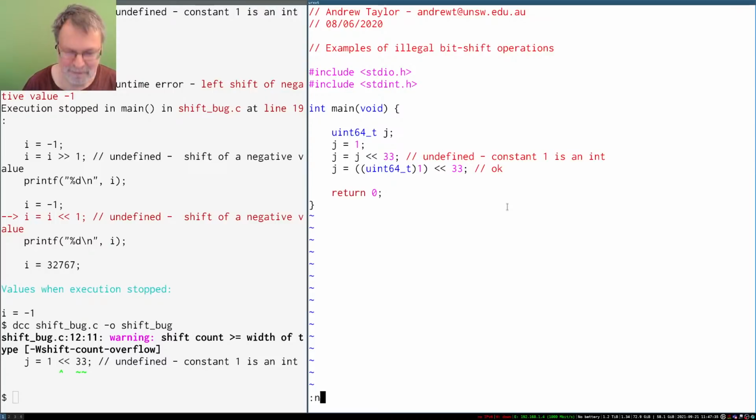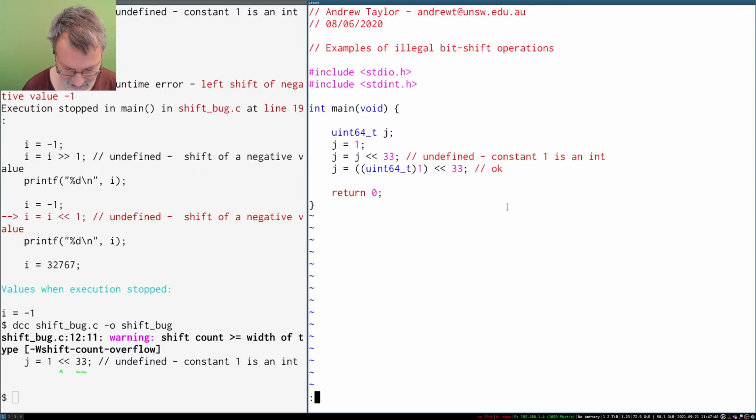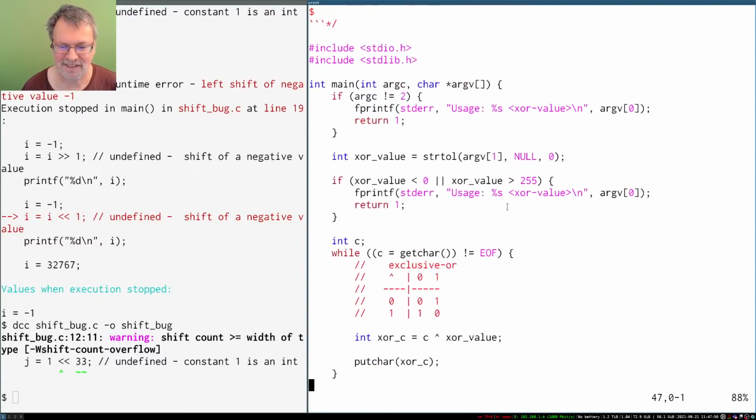All right, let's move along. Let's write my code and move along, because I have a fun program. Oh, that's a bit confusing. Let's look at the code and then run it. All right, what does this code do? It gets